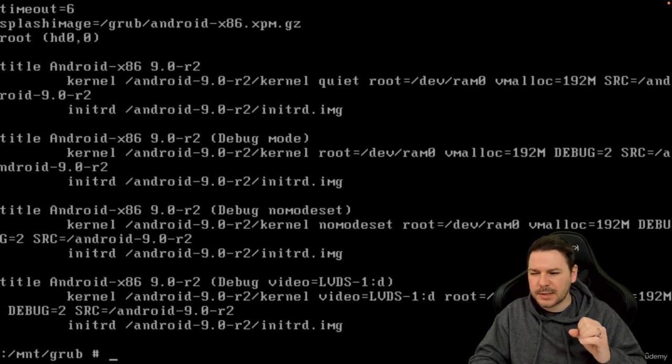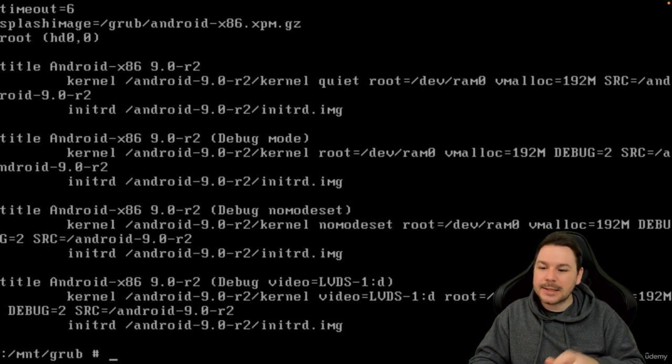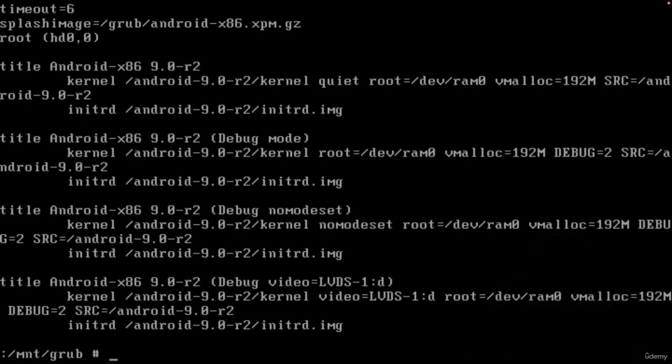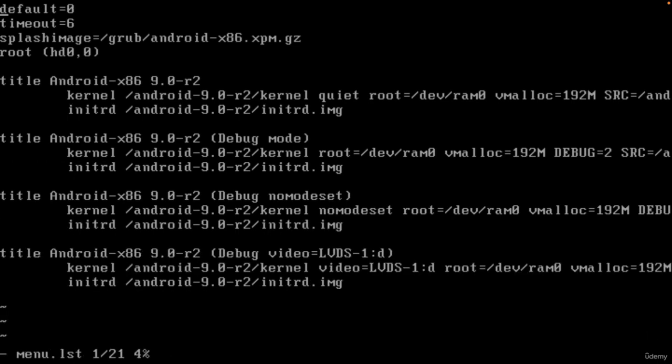And to be honest, it's getting a little bit dirty because we do not have nice graphic editors on the system right now. But we can do this with VI, and I will guide you through this. So we are opening this file right now with VI. So VI menu list. Okay, and then we need to go into the first entry, and we need to scroll down to the end